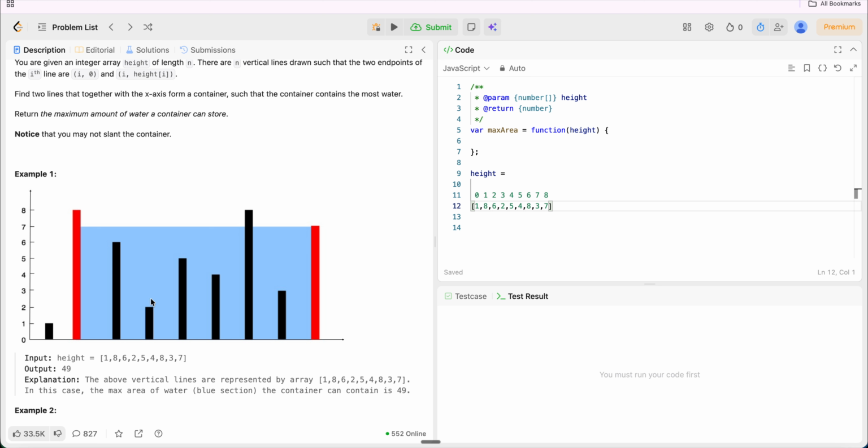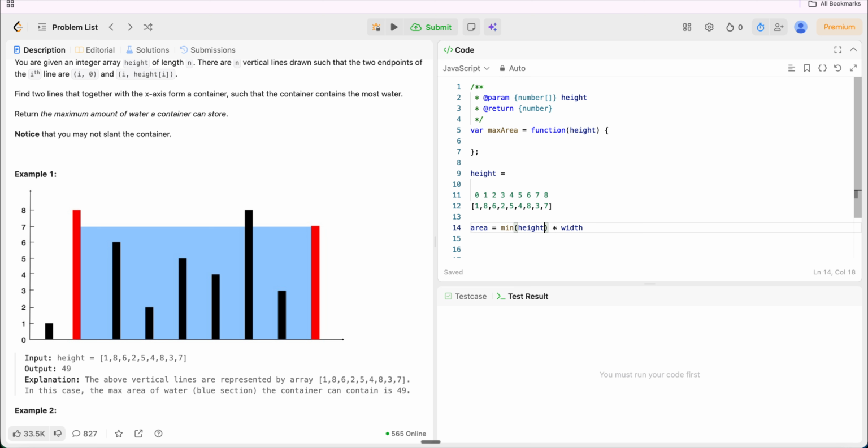So how can we get the maximum? Basically, for every two edges you will find the area. So water content is nothing but area. Generally the area formula is height into width, right? And here height will be, minimum of,